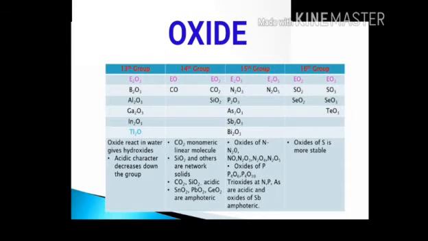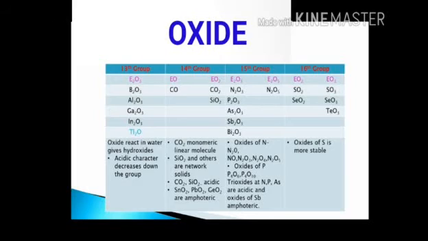First, we are going to look at the dioxides formed by the oxygen family. Here, SO2 and SeO2 are acidic oxides and are soluble in water. TeO2 and PoO2 are insoluble in water and they are amphoteric oxides, as they dissolve in both acids and bases. Here also we see that the acidic character of dioxides decreases as we go down the group.